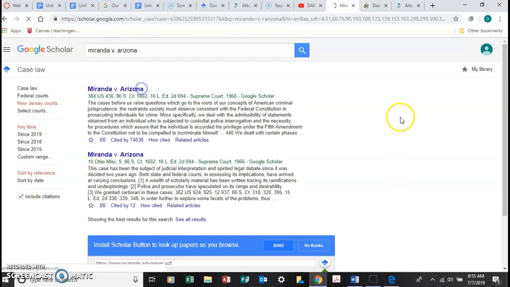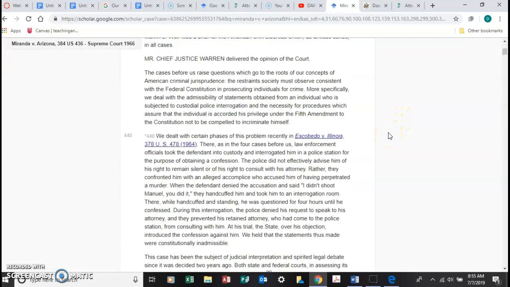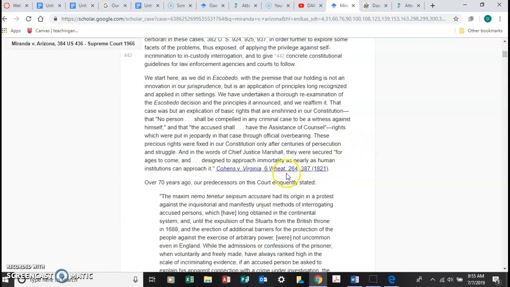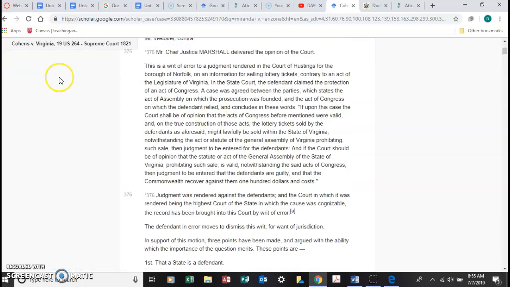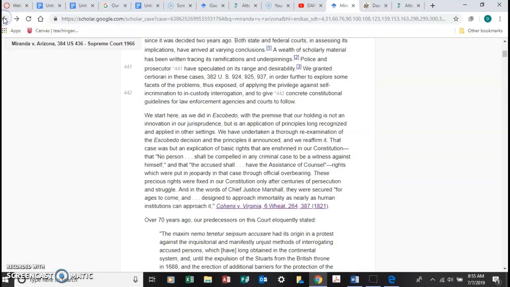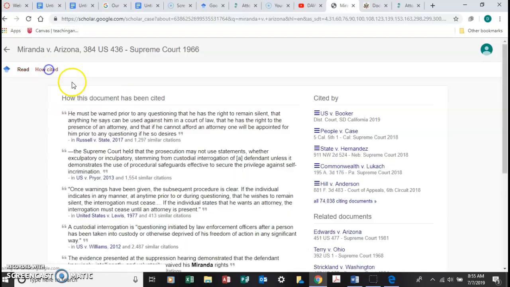And there it is. The nice thing about this is, like much of Web 2.0 technology, any case that is cited, you can jump right to it and read what that case says. Any case that Miranda cites. Similarly, if you have Miranda, you can hit how cited and you can see every case that cited Miranda